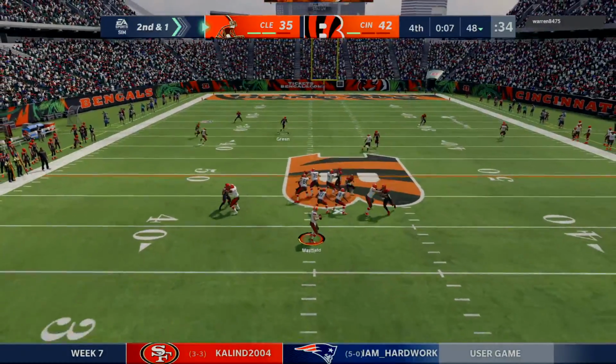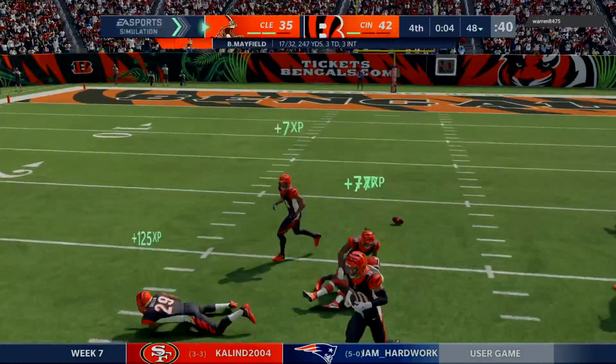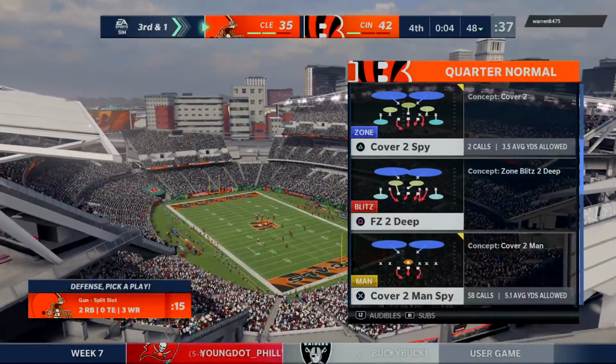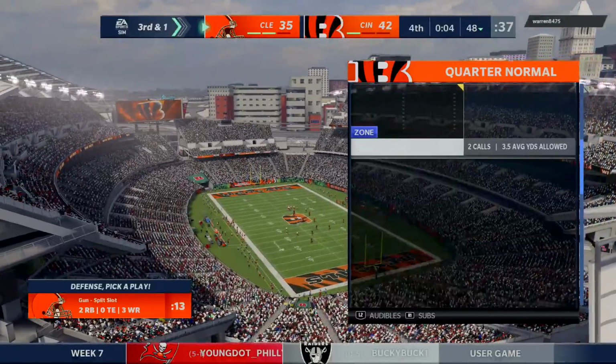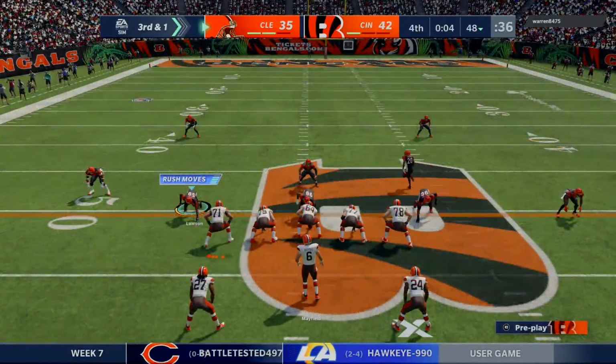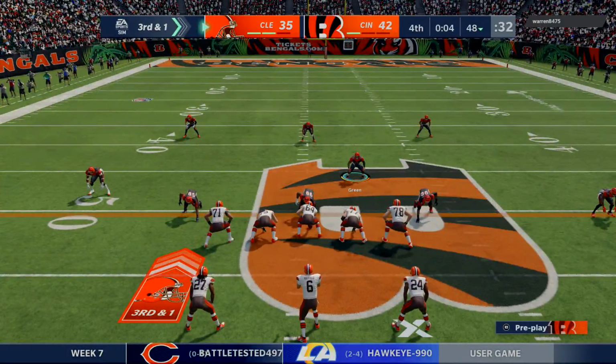Now Mayfield. And that will be incomplete. 4 ticks left here on the clock. Intended for Odell Beckham. Incomplete. He was covered by Trey Wayne. They tried to throw on 2nd down, unsuccessful. Now it's 3rd and